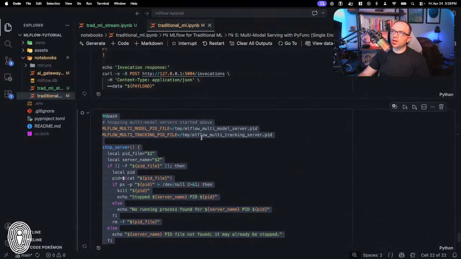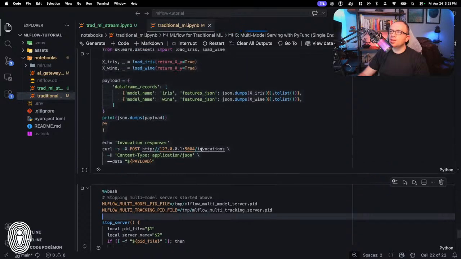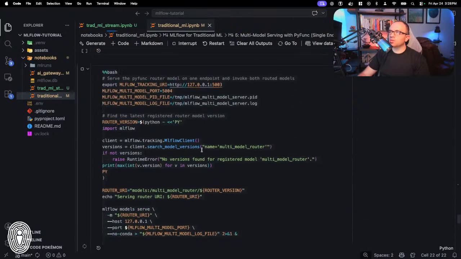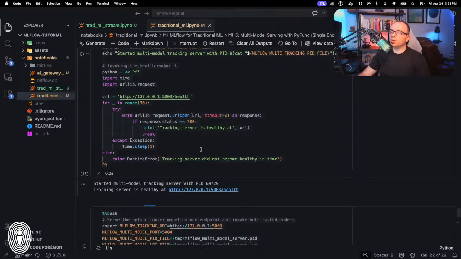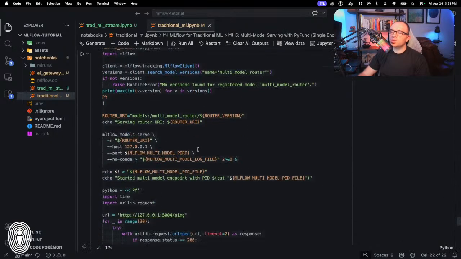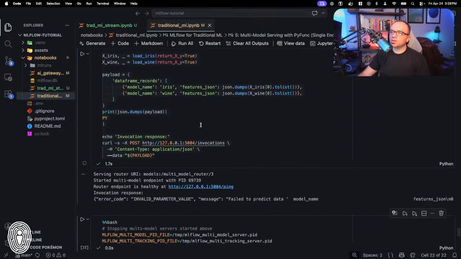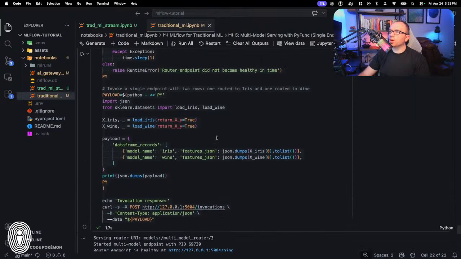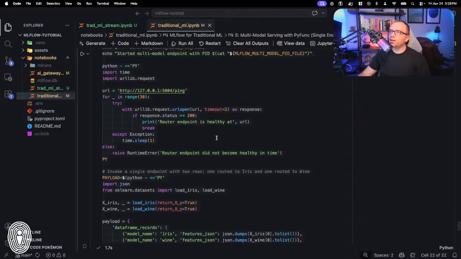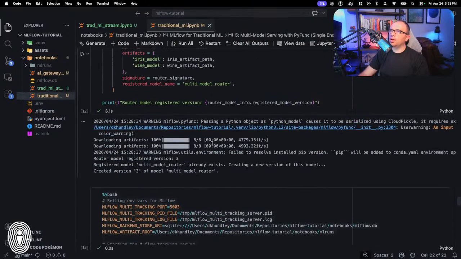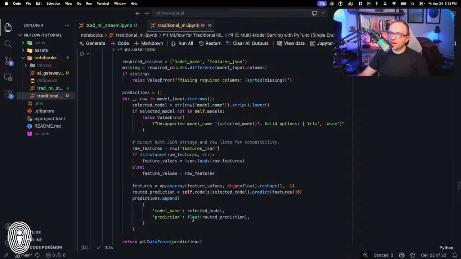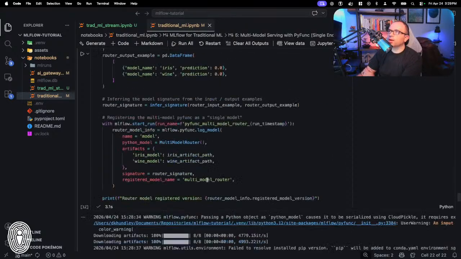So let's go ahead and run my completed notebook, if you will, here. And then you'll be able to see all these values show up appropriately. So this is running everything right now, and you can see that everything runs rather quickly because we're using some simple model artifacts and such. Oh, looks like I screwed something up here. Okay, so I've got some sort of mess up in here. I'm not really sure what I messed up per se. But basically at the end of the day, if you want to get more customized with the code that actually invokes the model, you basically just use PyFunc there.